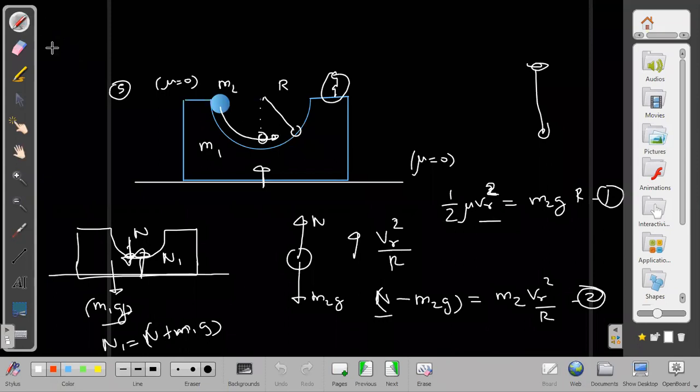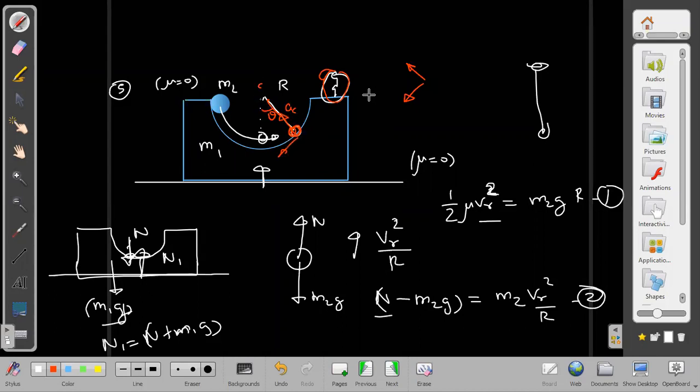This question, for example, is a similar question. When this ball comes here, and you want to find the normal, it is the same thing. Now make the person stand on this. If the person is standing on this, then this path is just a perfectly circular path. And we can again use the same concept that a circular path will have two possible accelerations. One is centripetal, towards the center, this side.